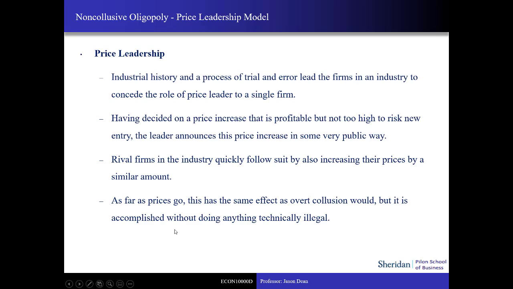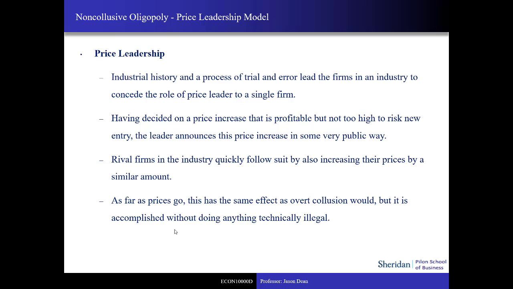So another issue that comes about in terms of a monopoly, an oligopoly, is what's called price leadership. If you were to observe, say, gas stations all of a sudden changing their prices in a similar time period, it would appear as if they're colluding. And that's illegal. But in fact, there could be just sort of an underlying